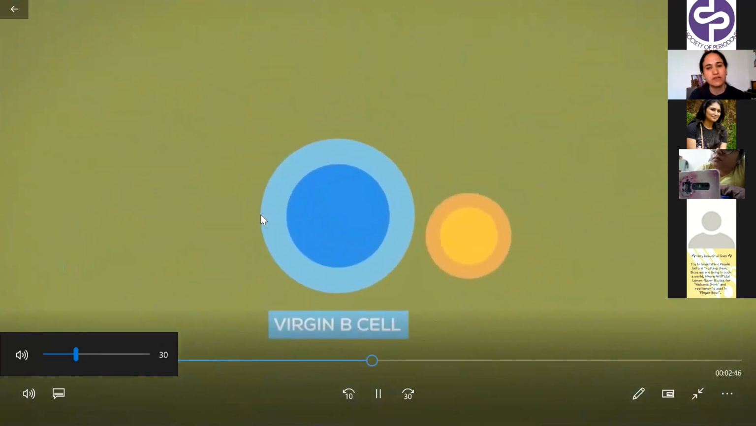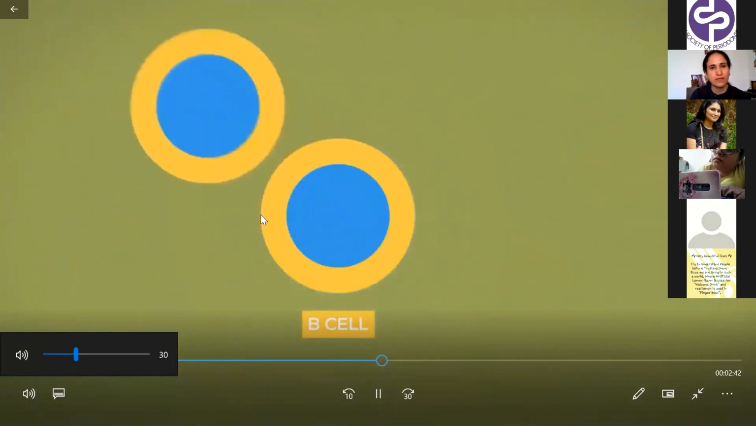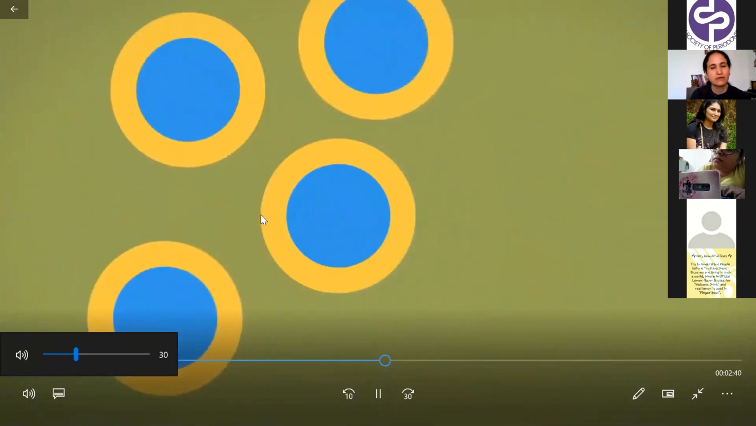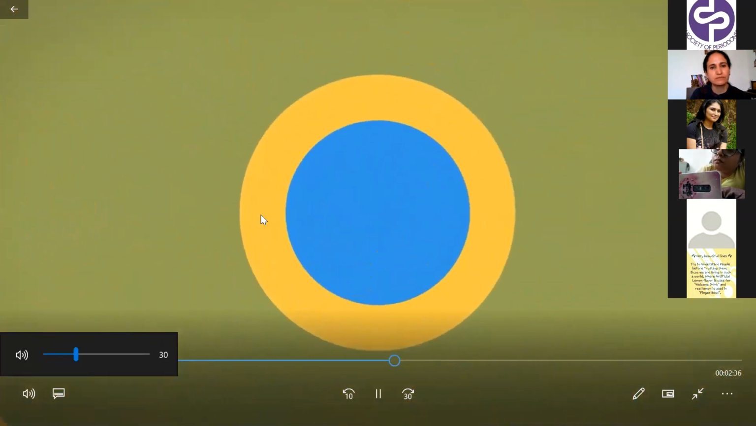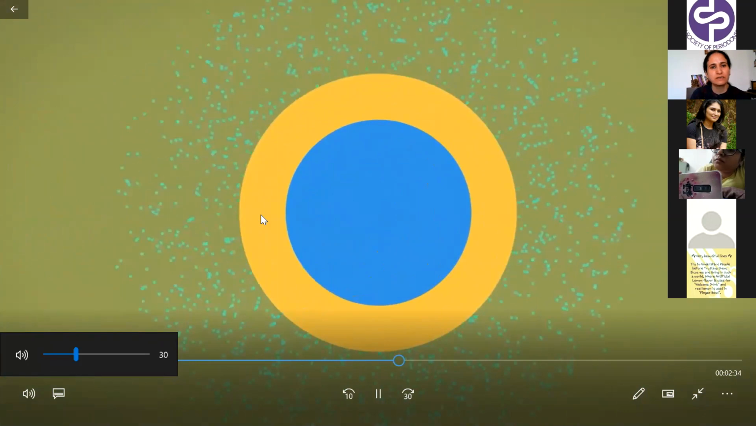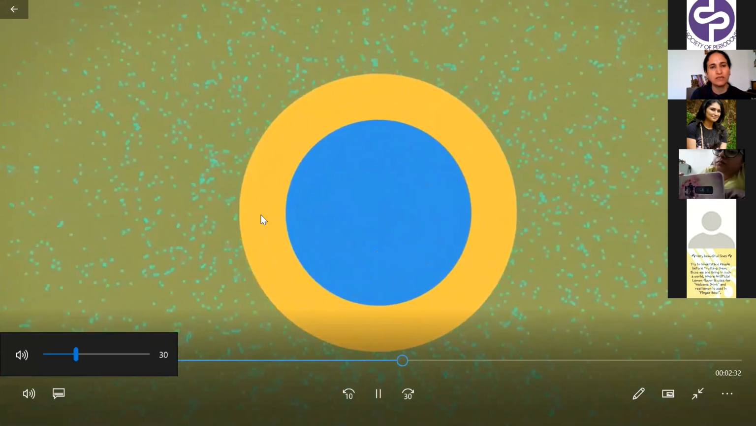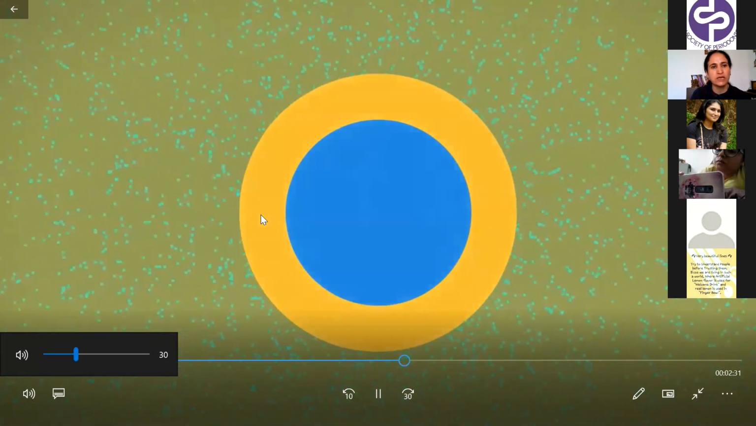The T cells will activate the B cells, and the B cells will rapidly proliferate. They produce a lot of antibodies, and